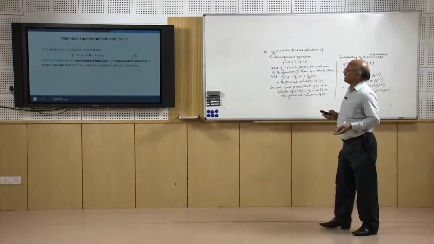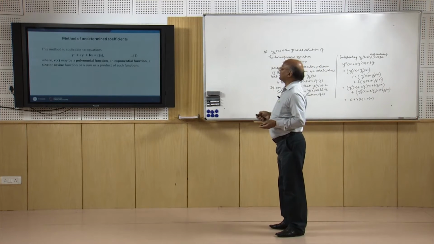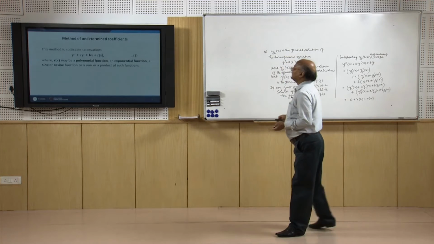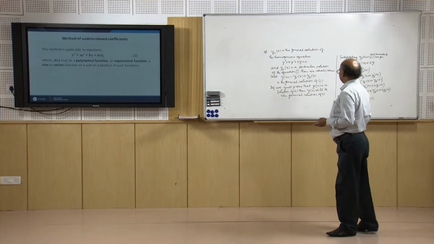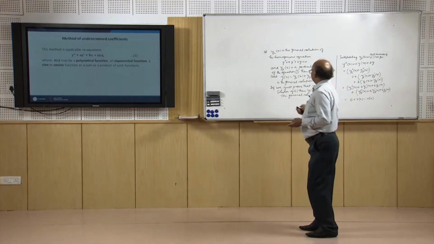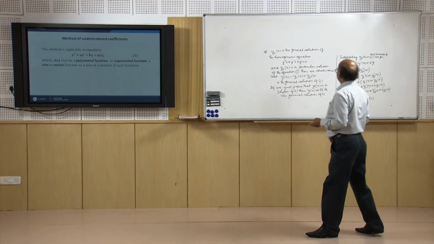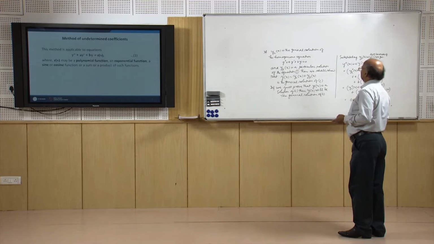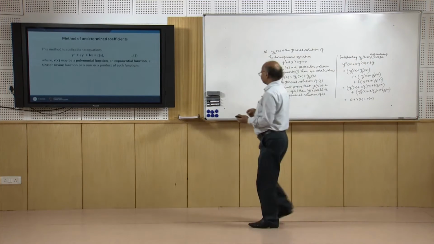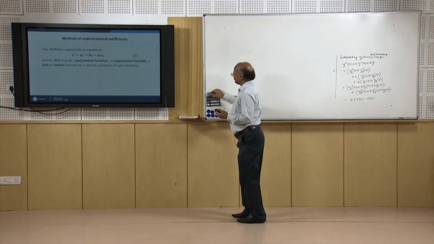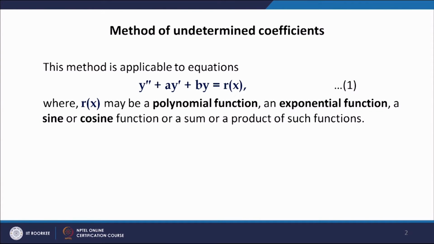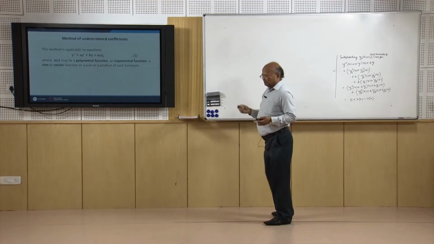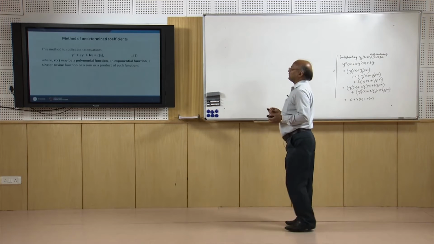Now if we are having a non-homogeneous second order linear differential equation with constant coefficients, then we will now discuss a method by which we can determine this particular solution y_p(x). y_c(x) we know how to determine, so our method will determine the value of y_p(x). The method that we are going to discuss is called the method of undetermined coefficients. In this method we make an educated guess for y_p(x), the particular solution of equation 1 which we are looking for.